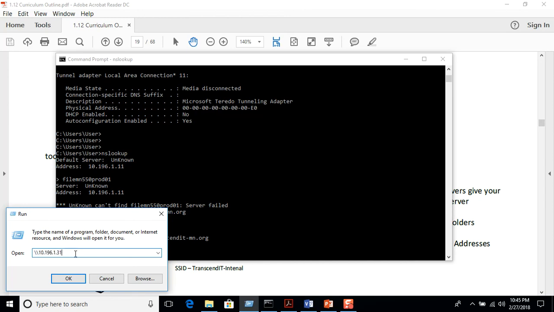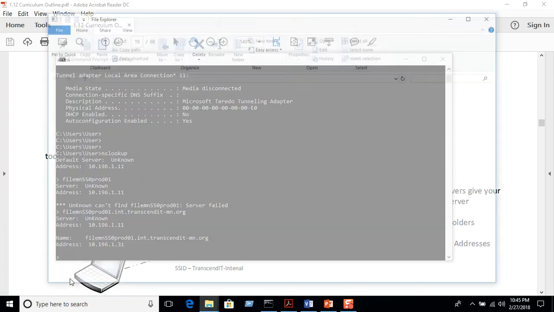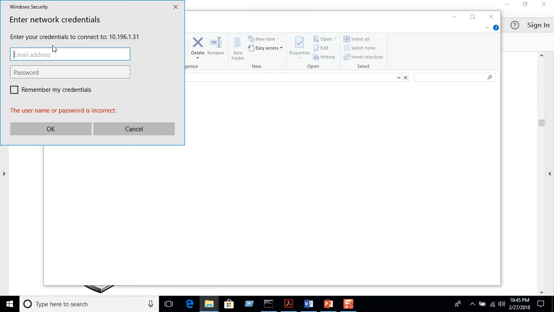In this case, we're using the IP address. If I hit OK, now it's trying to connect to that IP address. And the reason it's prompting me for login is because I was connected to the name before, and now I'm connected to the IP address, so it's wanting me to re-authenticate myself. So I'm going to have to put in